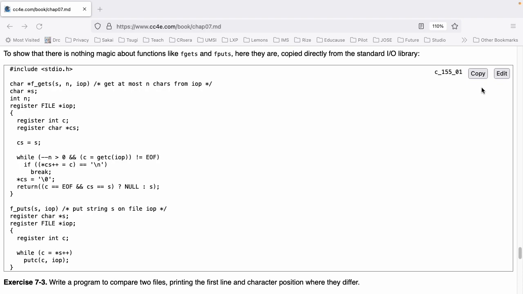if (*cs++ == c) { *cs = '\0'; return (c == EOF && cs == s) ? NULL : s; }